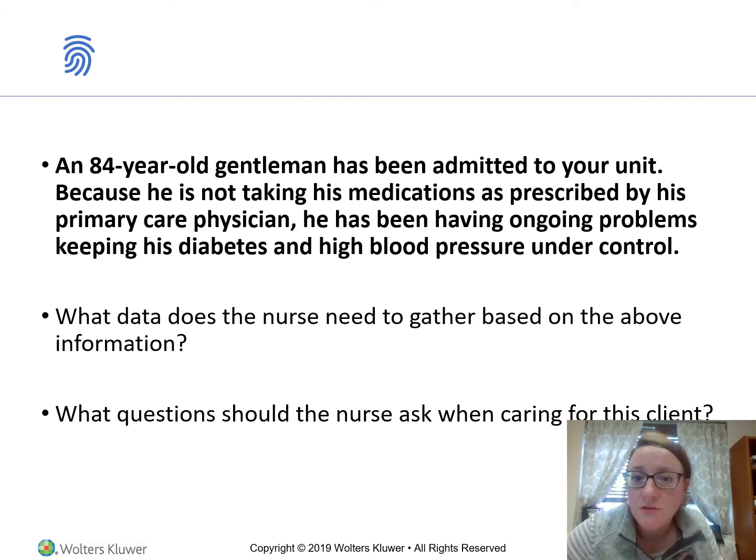Other functional questions that we can ask is, does he have the ability to read and comprehend directions? Does he have any sensory hearing impairment that's impeding his education or ability to follow directions? Is he able to swallow the oral preparations? What might be the reasons? We really want to take a deep dive into his reasons why we're seeing this medication non-adherence.